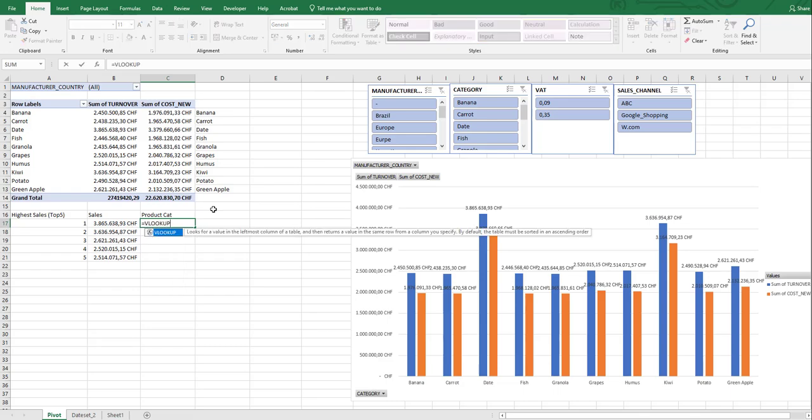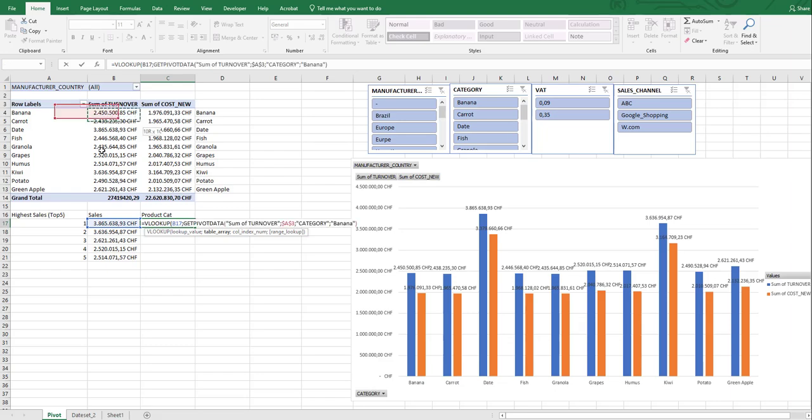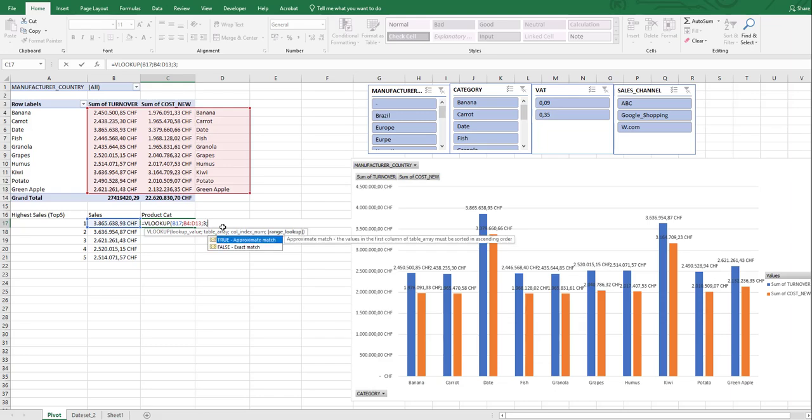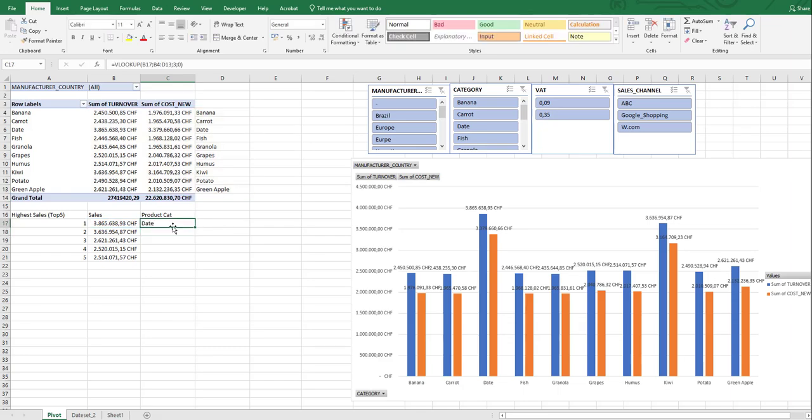So Vlookup is just, I'm looking for this value. I need to give the range where I am looking for this value here, but I don't want to get back the sum of turnover. I want to get back the row level or the category. So I need, this is 1, 2, 3, so the indexing starts from 1, not 0. So this is the third column, and the range lookup is false or 0, so exact match,